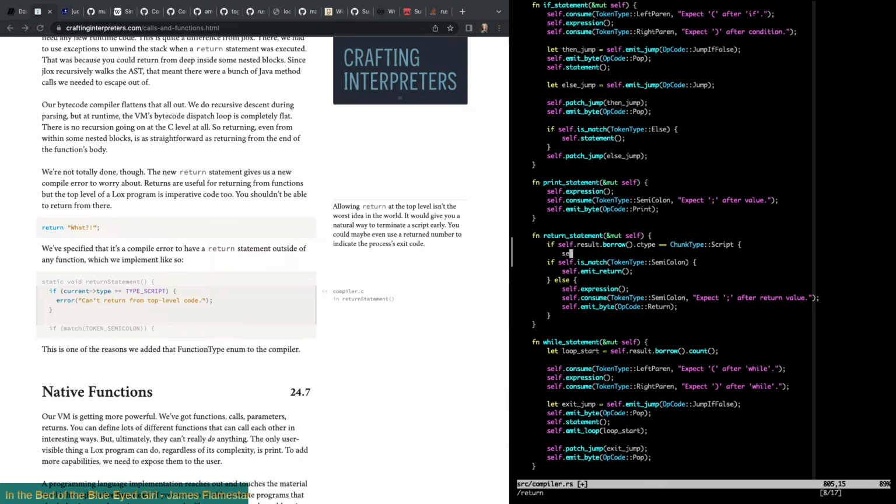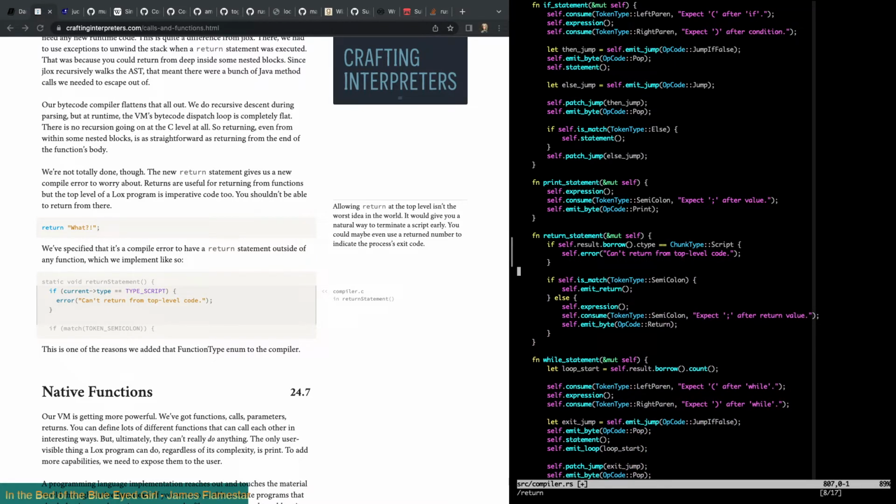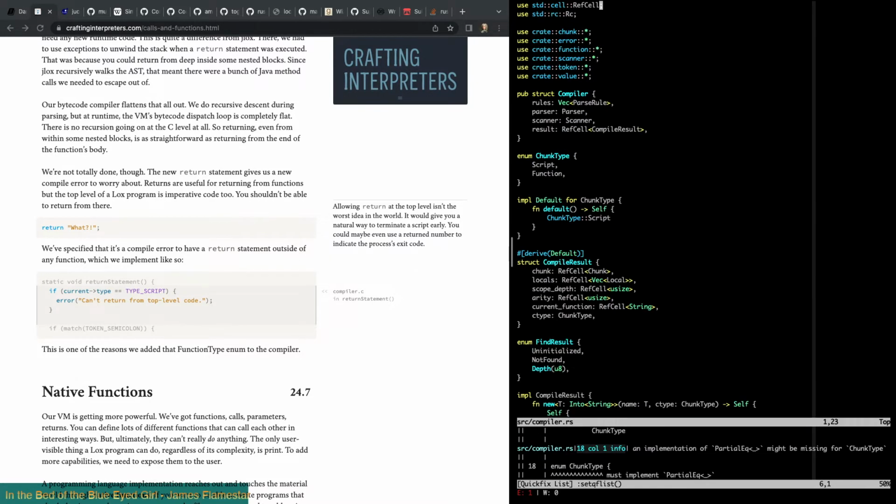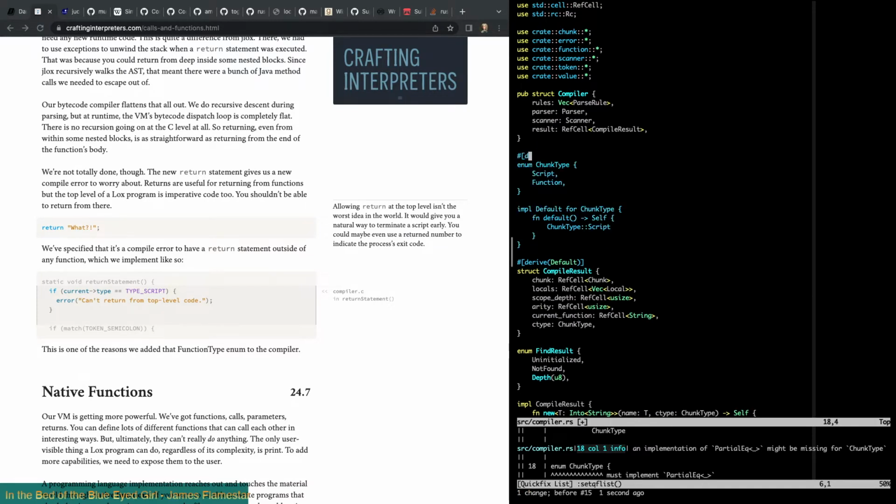Then we're gonna say self error can't return from top level code, and we just keep going because then we reset, and of course that fails because we don't have partial equal, right? Yeah, which is easy enough to add. Oops, not into derive partial EQ.